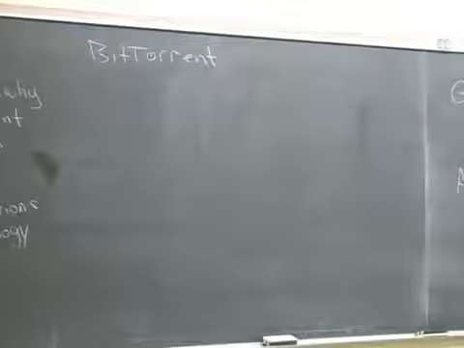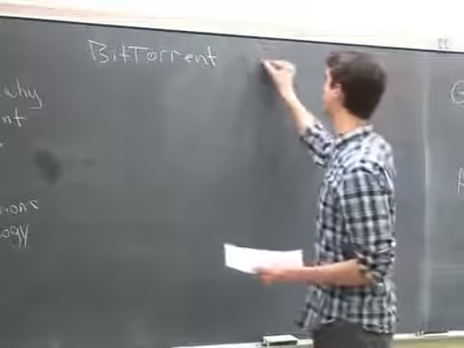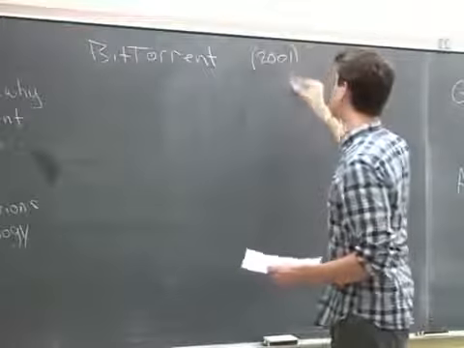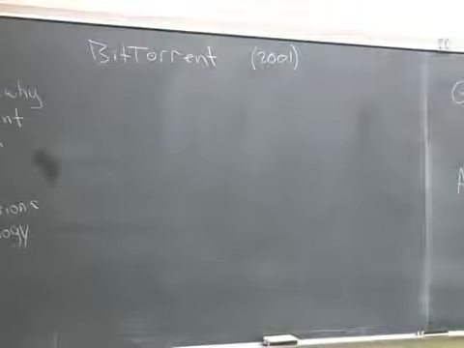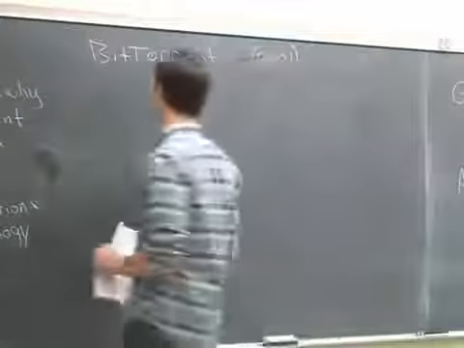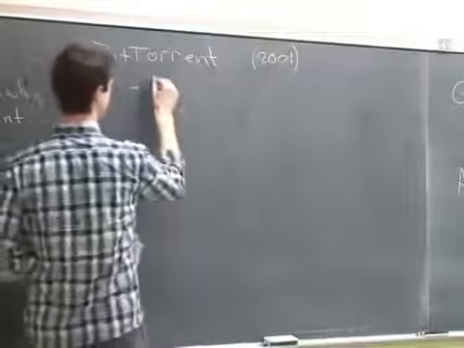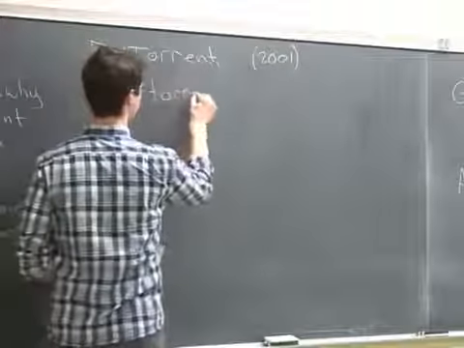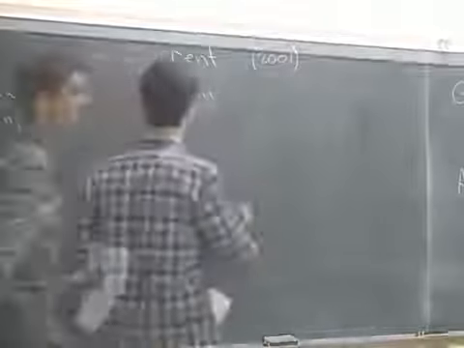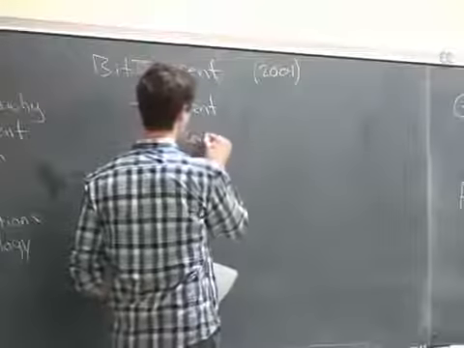Bittorrent is a very popular peer-to-peer file sharing protocol. Its first implementation was in 2001, although it didn't start to become popular for a few years after that. So the main concepts are, first of all, we have this thing called a torrent. So the key to the overlay network